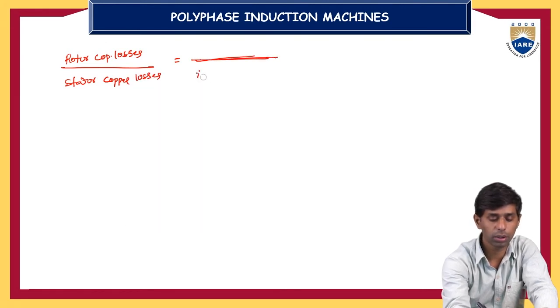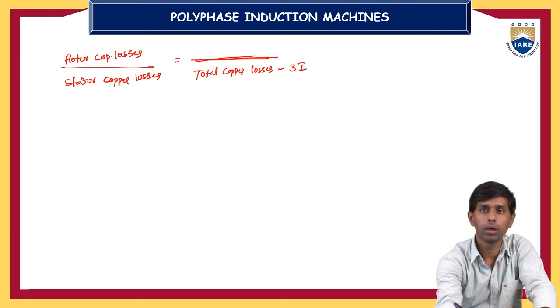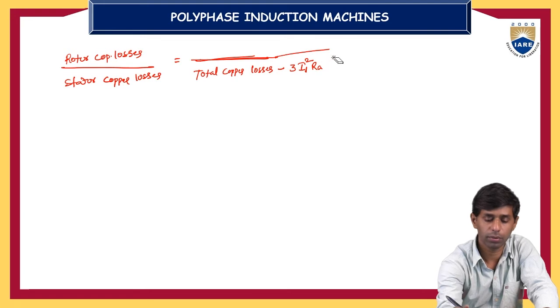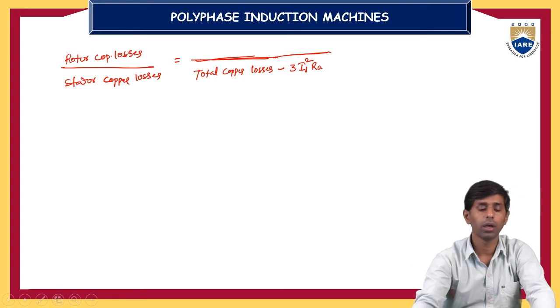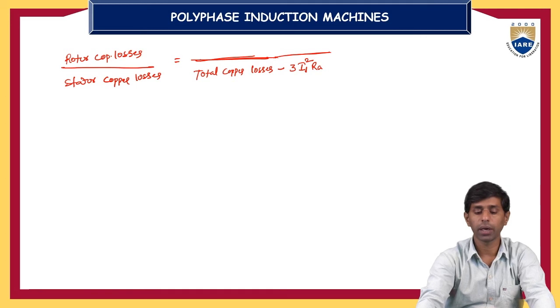total copper losses minus 3 times I1 square, that is the stator current square, into RA. Sorry, RA. Rotor copper losses by the stator copper losses is equal to total copper losses minus 3 times I1 square